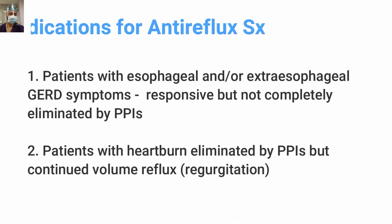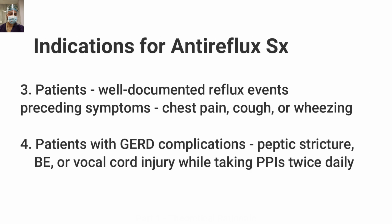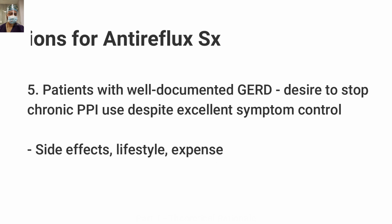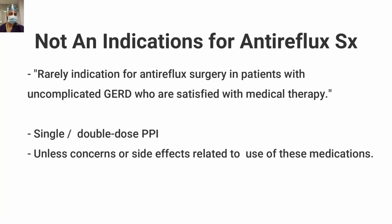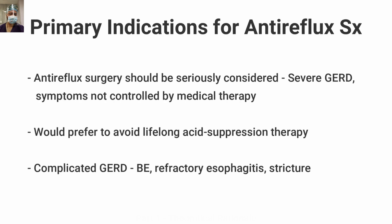So the primary indication of anti-reflux surgery for a GERD indication will be when the patient is having well-documented reflux events, preceding symptoms like, and another indication can be when the patient is offered the choice of anti-reflux surgery. And remember, my friends, on the contrary, this is a repetition of my talk, that the patient